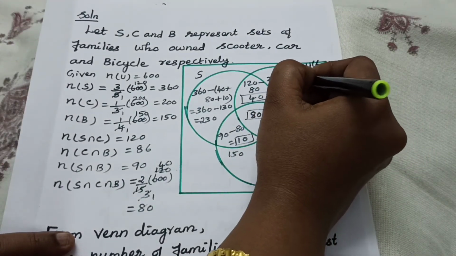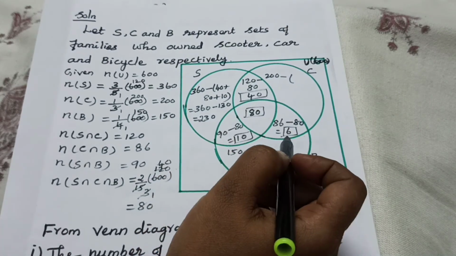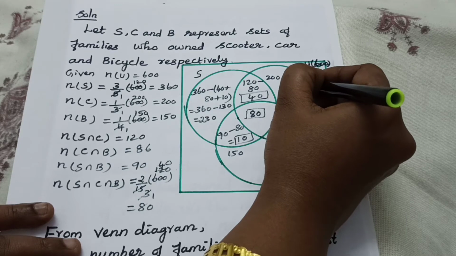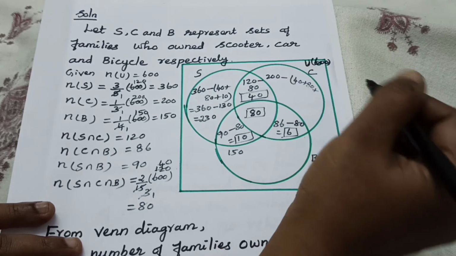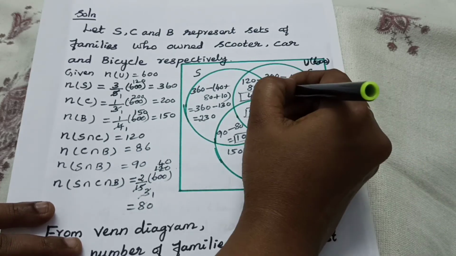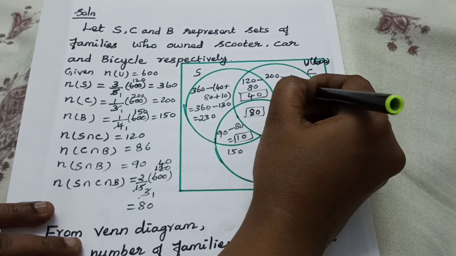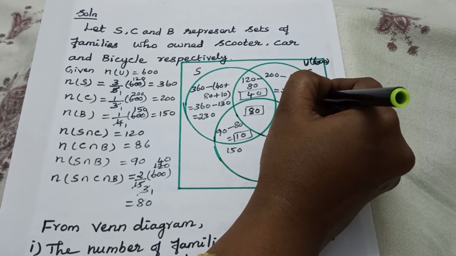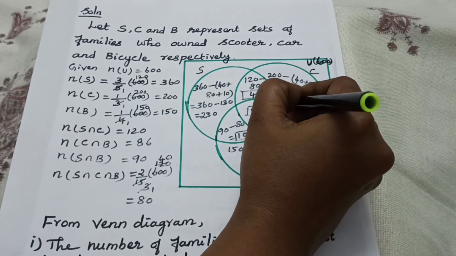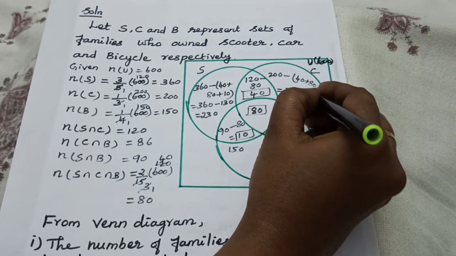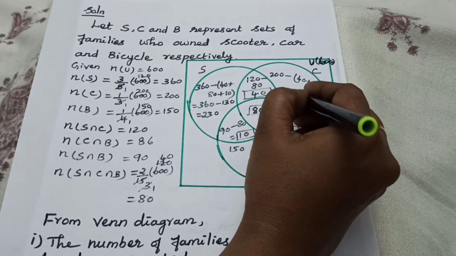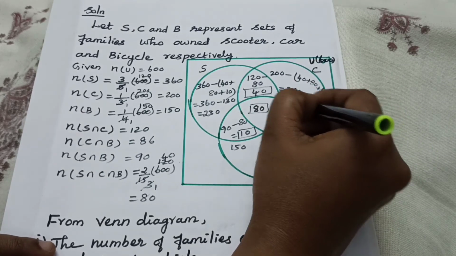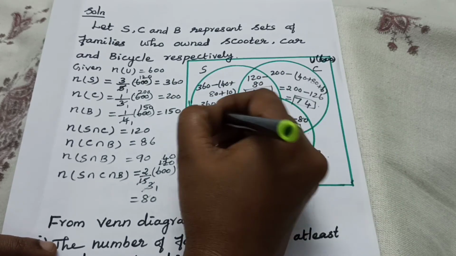Like that here also, only car. Minus of this 40, 80, 6 we have to add and subtract. Then 40 plus 80 plus 6, then equal to 200 minus this 3 added, then what will we get? 126. Then equal to 74, here we have to subtract, 74, isn't it? 74 also put in the diagram.